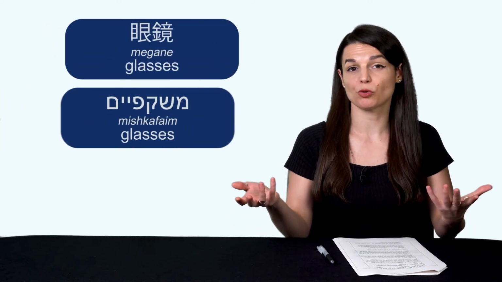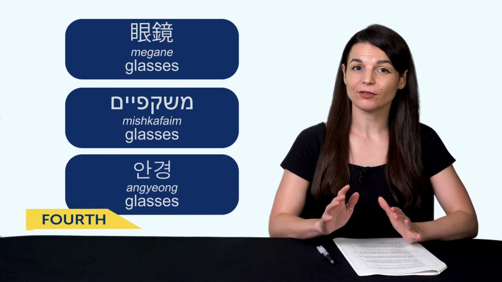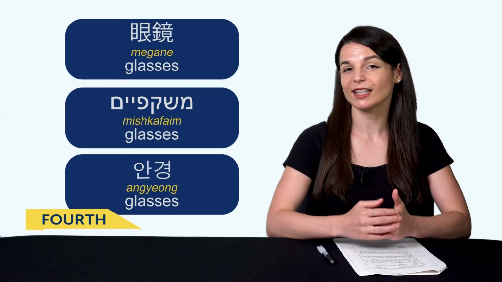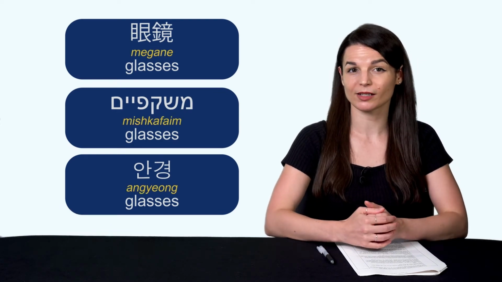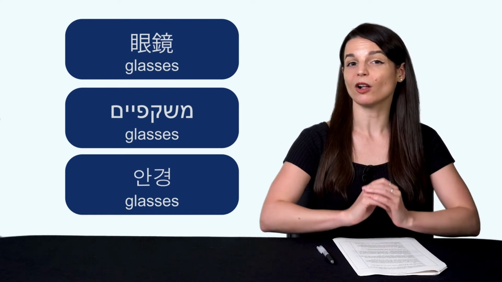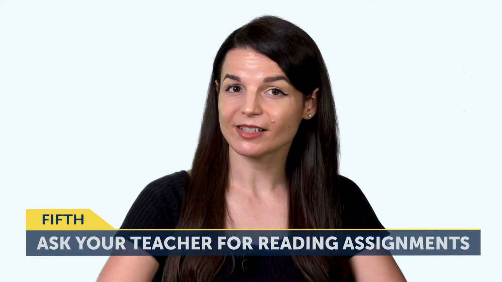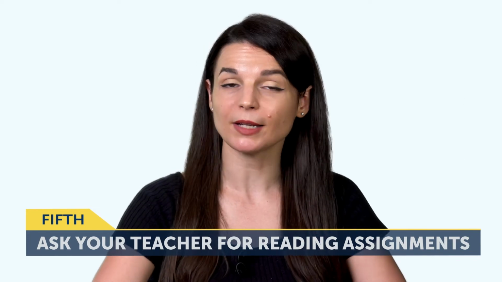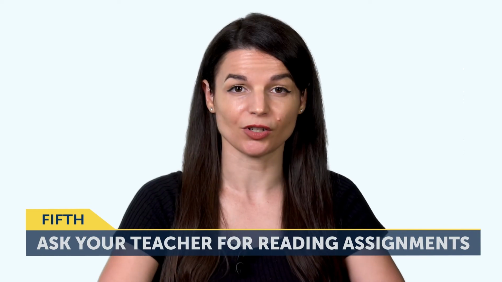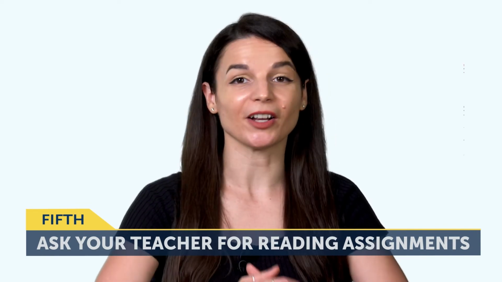The fourth way to practice reading is, if you're learning a language that requires romanization, like Japanese, Hebrew, or Korean, and if you're a lower level, then read the romanized version. Yes, it's a bit of a crutch, but you can easily see how the words are written and pronounced. Then, switch over to the target language and reread. You can do this with all of our lessons with the dialogue tool. The fifth way, ask your Premium Plus teacher for reading assignments, and you'll get these weekly. One helpful trick is to record yourself reading out loud and send that to your teacher. They'll correct your pronunciation and provide feedback.